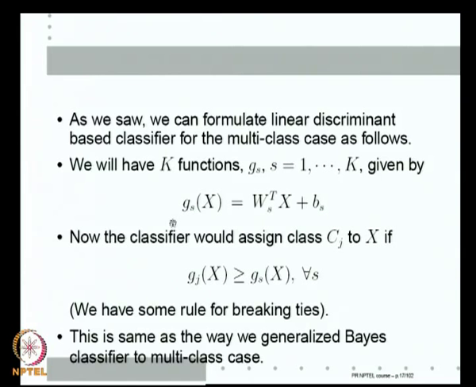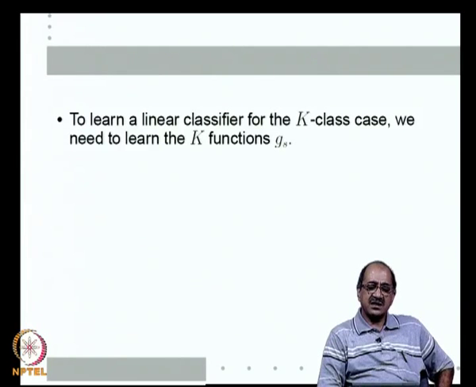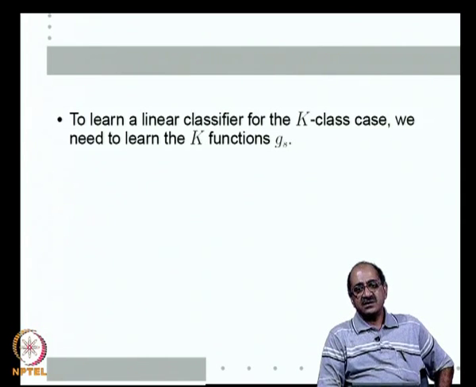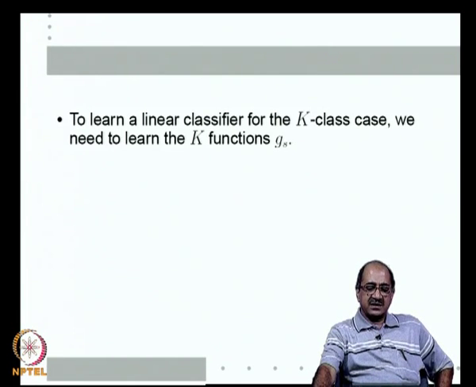It also had k such discriminant functions, and you put x into that class whose function had the highest value on x. Now, how do I learn these k functions? As we saw briefly in the last class, we can learn these k functions simply by doing a vector valued regression. So, to learn the k class classifier,